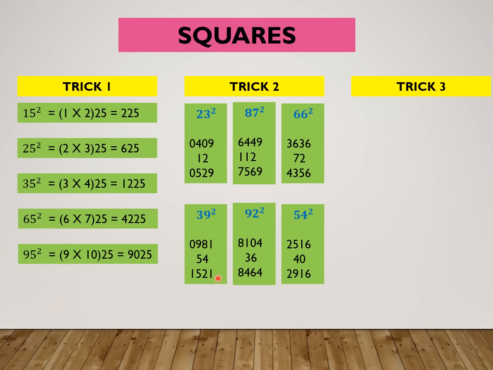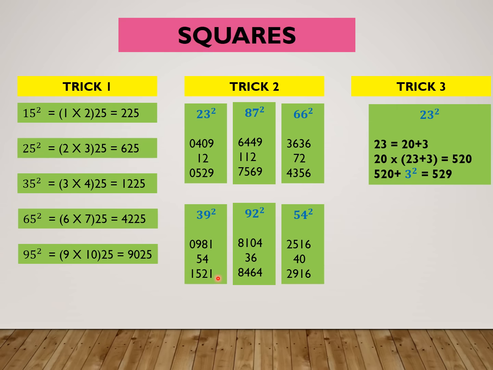Trick 3 is also used to find all the squares between 11 and 99. We have to find the square of 23. So 23 is equal to 20 plus 3. It means it is 3 more than the nearest integer which is divisible by 10. Then we have to calculate 20 into 23 plus 3, the amount which it is exceeding. So 20 into 26 is equal to 520, plus 3 square, the unit digit's square, so